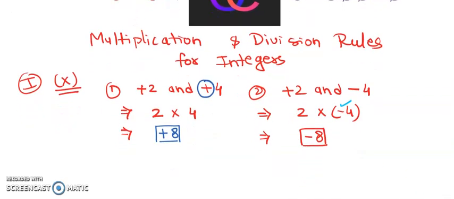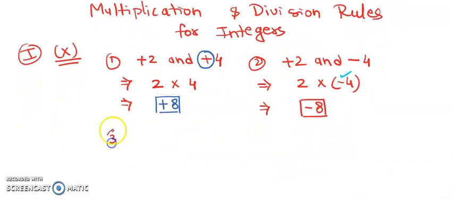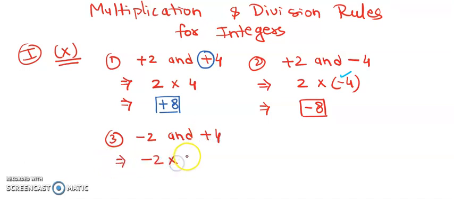Now let us move towards rule number 3. For rule number 3, let us take this time the first number as a negative integer and the second number as a positive integer. So we have to multiply them. Again you can understand 4 into 2 will become 8, but the greater number has a positive sign. But as we are doing the multiplication, the answer will come in the negative only. So here the answer will be minus 8. Please keep that in mind.